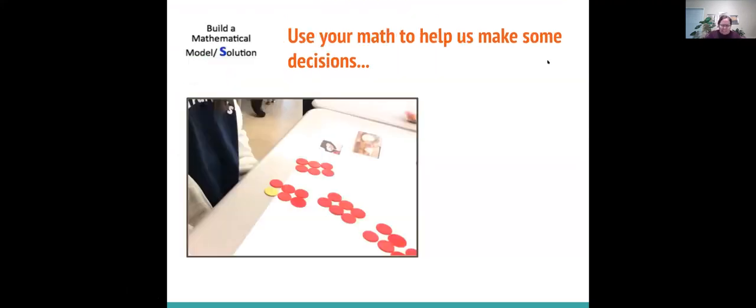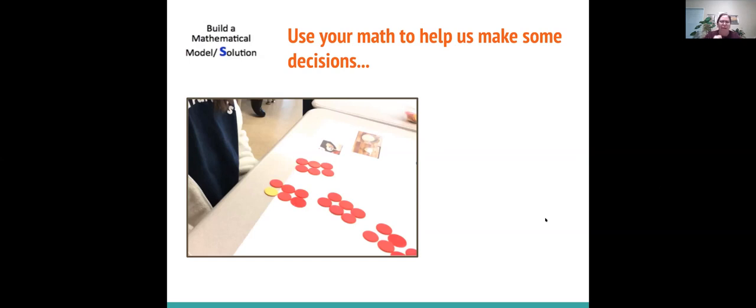If we look on the next slide, we can see how they use math to help them make decisions. Here's an example of a student who's trying to figure out how many batches we need to make. As Dr. Sun mentioned about batches, that was a big concept for our students. What's a batch? What do you mean by a batch? We had to talk about that recipe idea, that it only had enough for 6, yet we were trying to make enough for